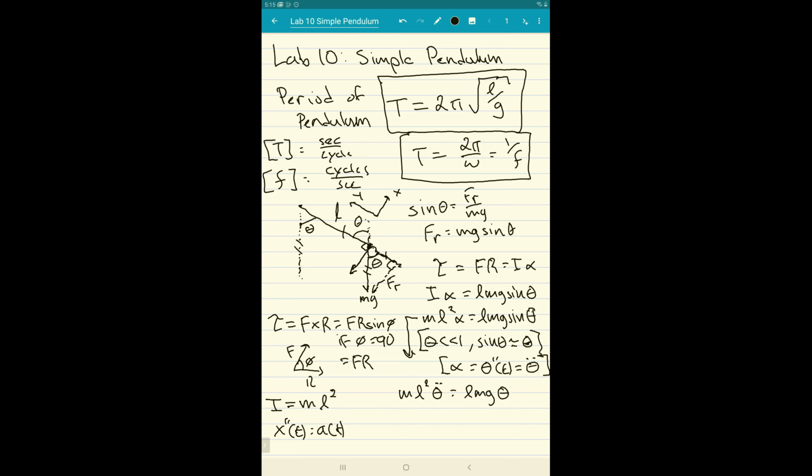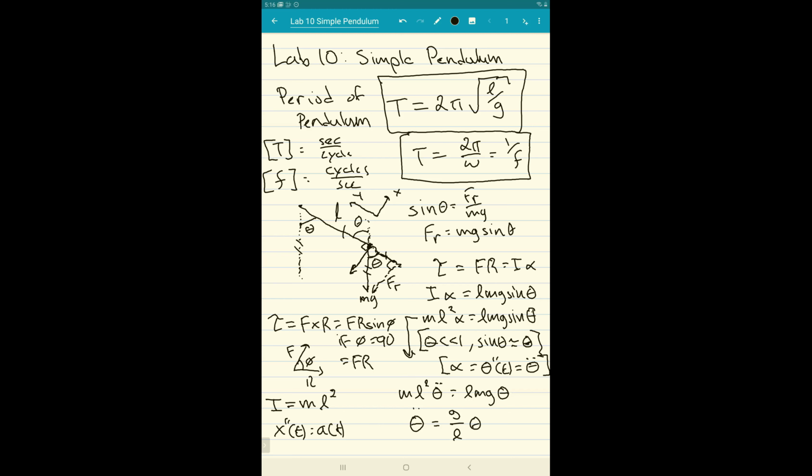Cool. So this right here is a differential equation. We have on one side the second derivative. It's a second order differential equation. We have the second derivative on one side and we have the original function on the other. Now if I divide both sides by the m l squared, I'll get that theta double dot is equal to, the m's cancel, g over L